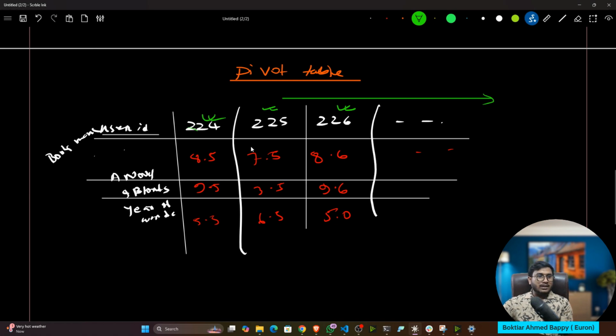Then again, here you can see 2 to 4 and 2 to 6 have the same interest, and this user has a different interest. Okay, so that's how this works. And here we'll be using a clustering algorithm to do the distance measurement. Okay, now I think you got it.